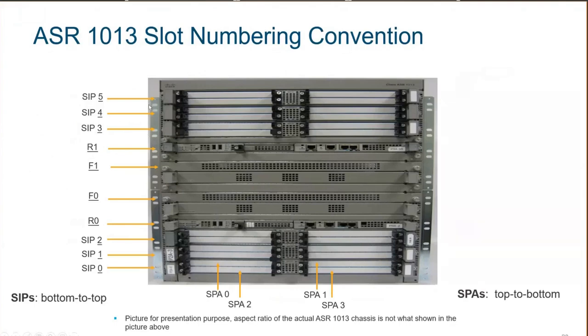For the 1013, for example, we start with 3 SIPs at the bottom: SIP 0, SIP 1 and SIP 2. Then we have R0, F0, the RP and FP modules, and then F1 and R1, and then again the remaining 3 SIPs. Within each SIP, this is one SIP, from this holder to this holder here, we can house 4 SPAs, and the numbering is 0, 1, 2, 3,